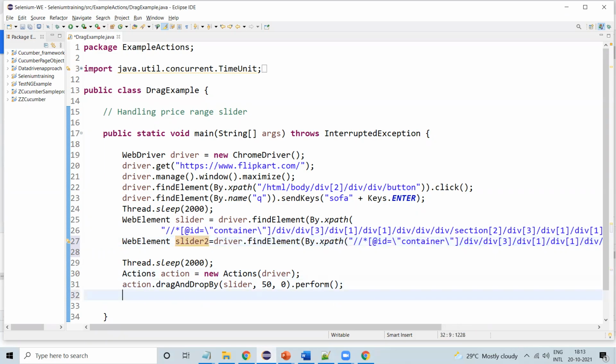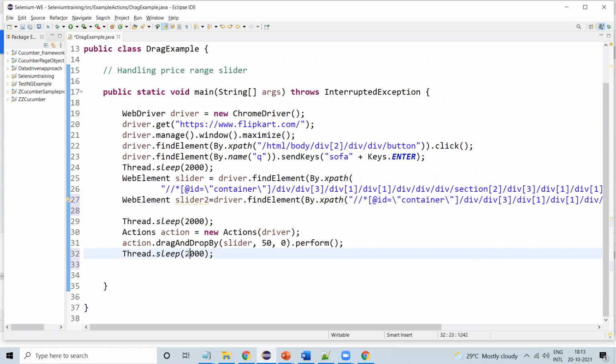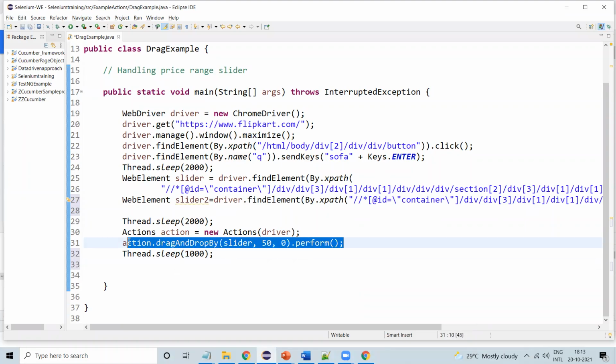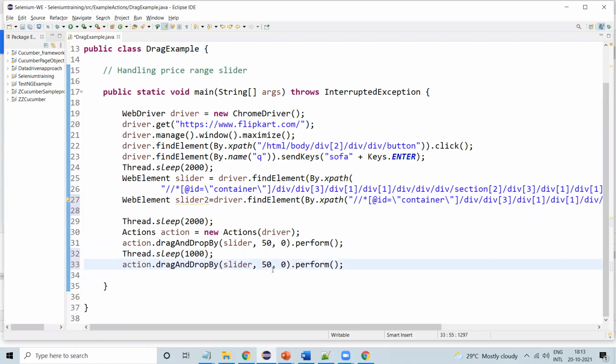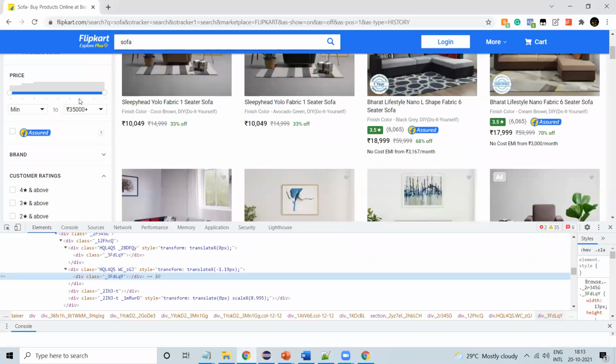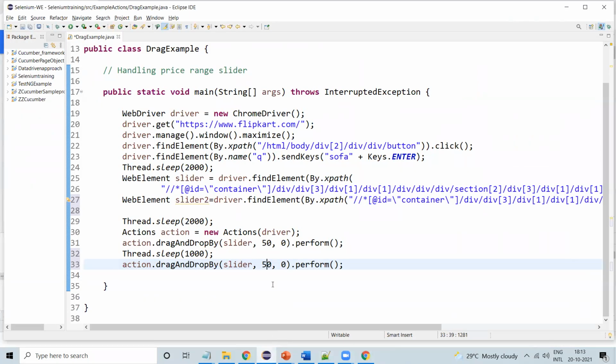The same thing we have to do: we'll give a thread sleep of 1 second. Then we'll do the same thing. What we have to do over here is give minus, because this is moving from this side to this side, so we are going to use a negative number.